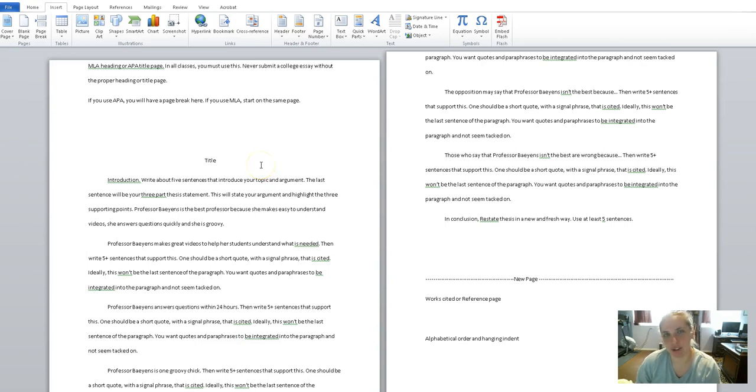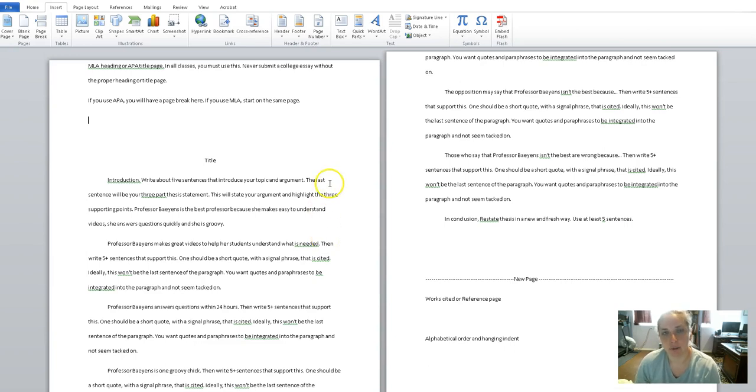I think a lot of times it's just easier to understand what is expected this way. So this is what I'm looking for, and this is what the majority of your professors are going to be looking for. Everyone has their own style, but this pretty much sums up how you would write a 7-paragraph analysis